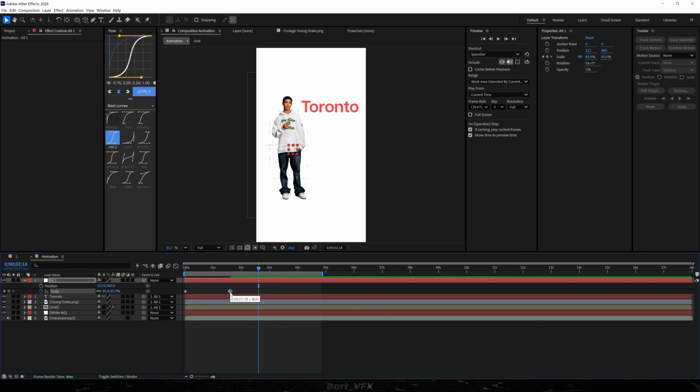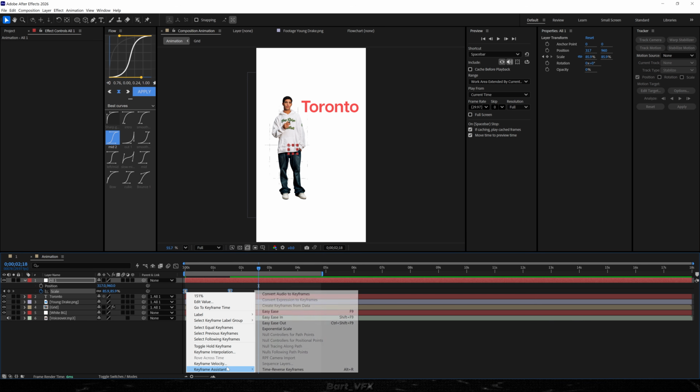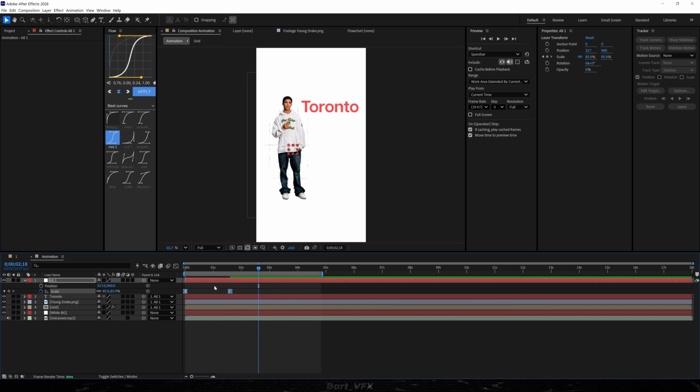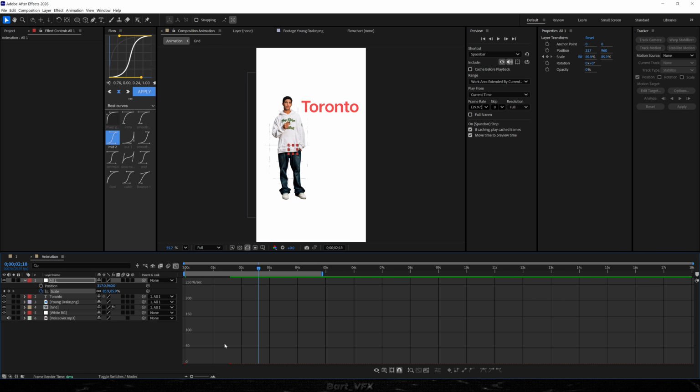It's definitely a bit too slow, so I'm gonna just squeeze it in. Then I'm gonna select these 2 keyframes. And in order to have a nice smooth graph over here, we're gonna hit F9, or you can just right click, go over to Keyframe Assistant and hit Easy Ease. Alright, so once you've done that, then make sure to head over to the graph editor, and here we're gonna